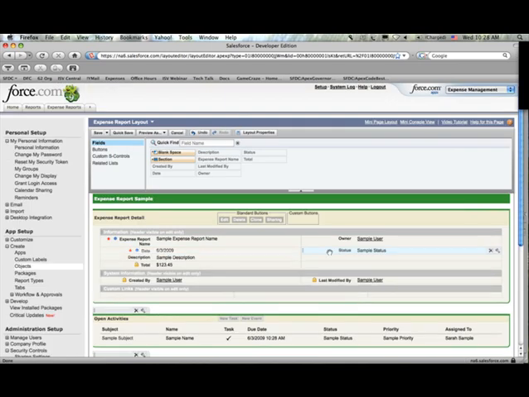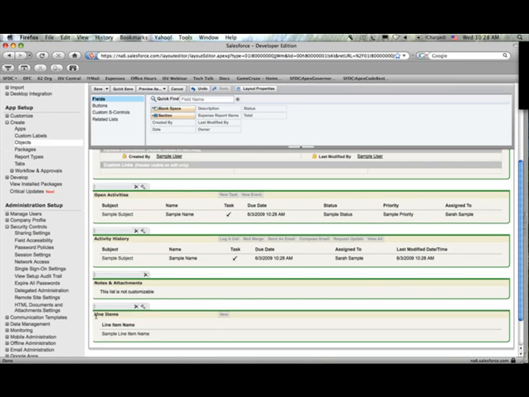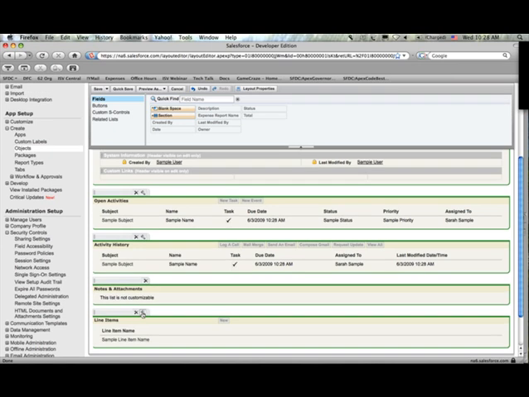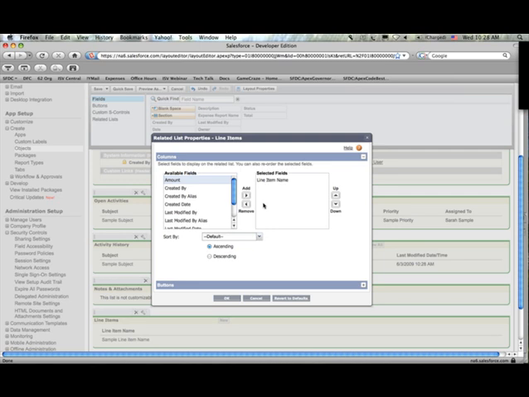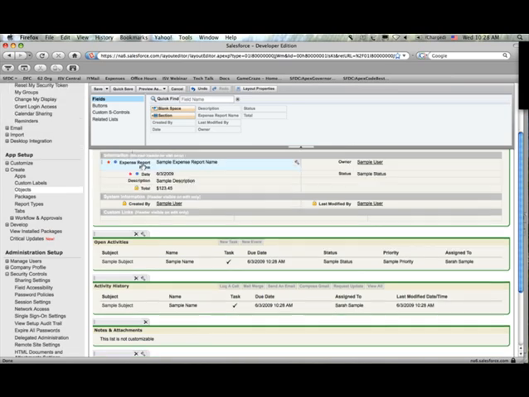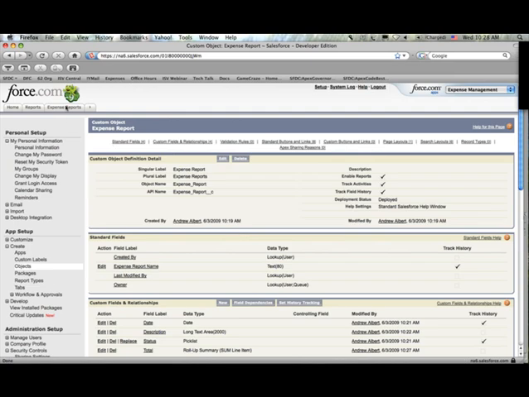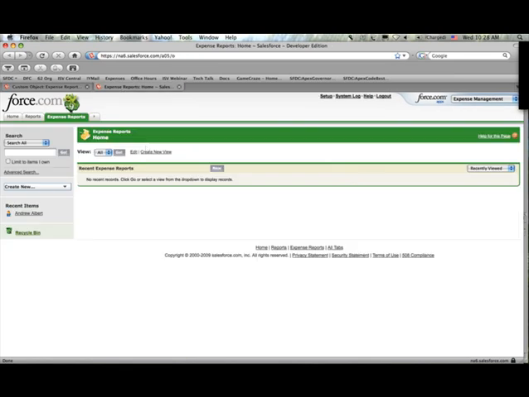I can drag and drop the fields. Notice that I have these related lists down below. I automatically have that relationship of line items tied to an expense report. I can even drag related fields of the line items onto the expense report detail page, and I'll show you that. So I just move some fields around. I hit save, and in real time, those two objects are created, the relationship's created. We edited the page layout,